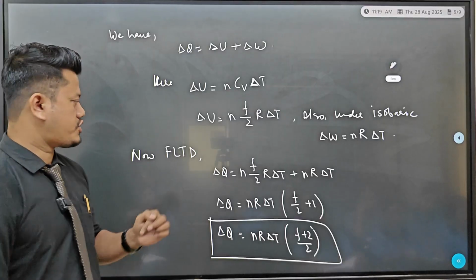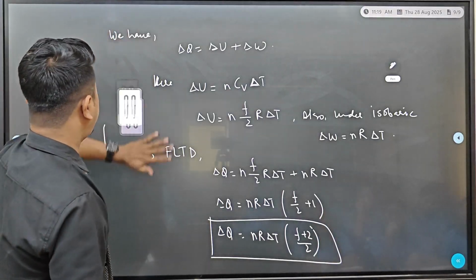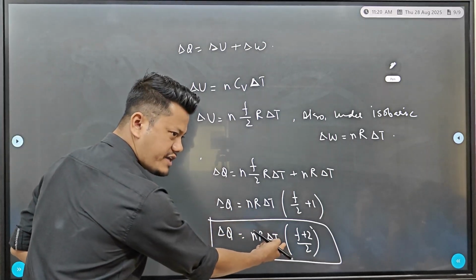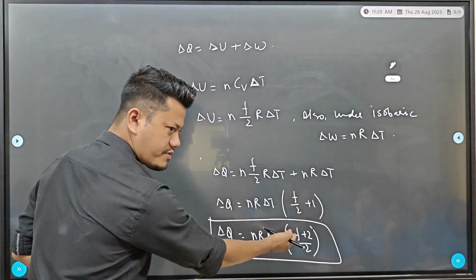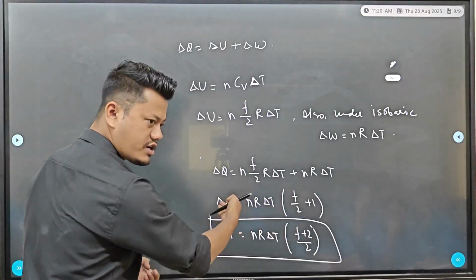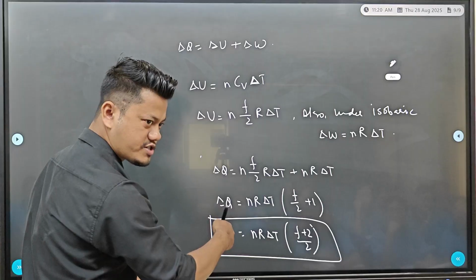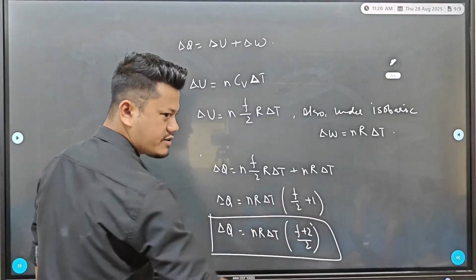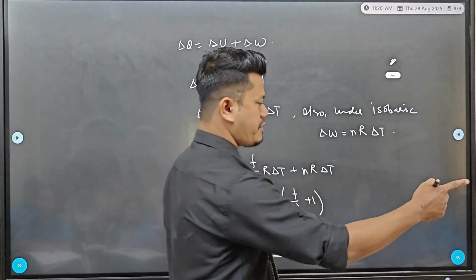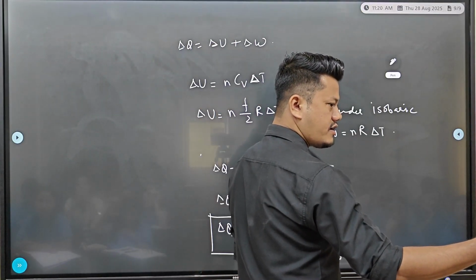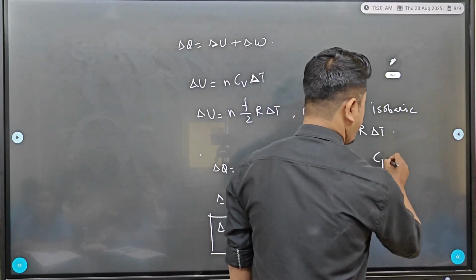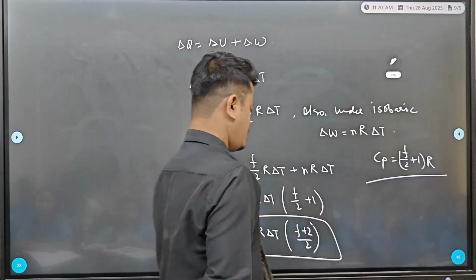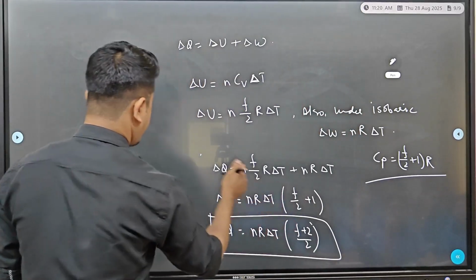Done. Okay, so now see, I can go for interpretation again. See, we got this expression, right? If I know the degrees of freedom of a monoatomic gas, I can easily find out the change in heat under isobaric process. Is that clear? Now you just see, what is F by 2 plus 1 into R? Just a couple of minutes back, we got the specific heat under constant pressure. It was Cp or not? Cp was F by 2 plus 1 into R, right? So in place of this expression also